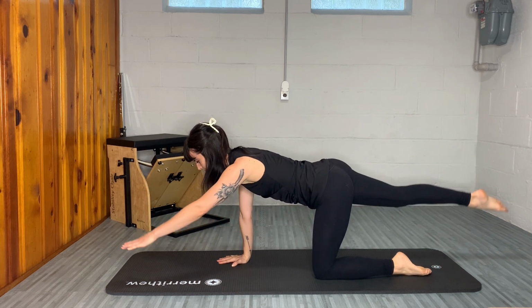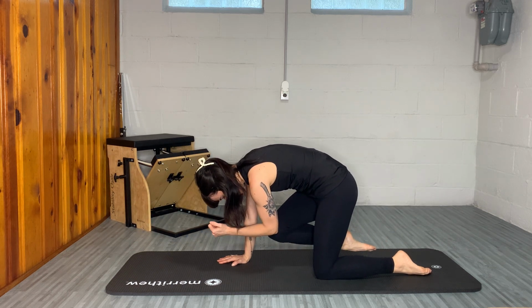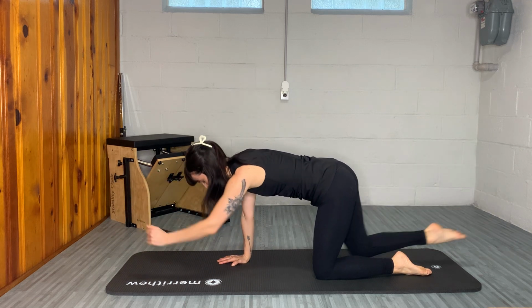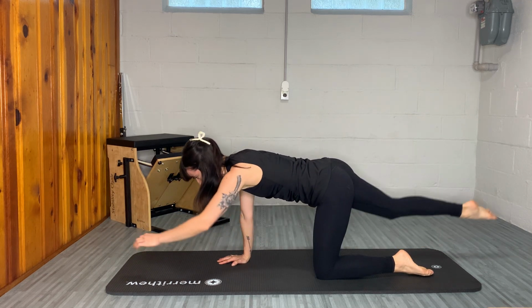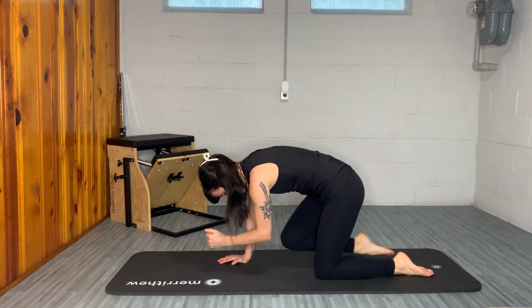Left arm, right leg, we're going to reach it out, find your balance. Now left knee to right elbow, kind of rounding the spine a little bit, and then we're going to lengthen the spine to neutral as we reach the arm and leg away. Exhale, pull it in. Inhale, reach it out. 8 more. 7,